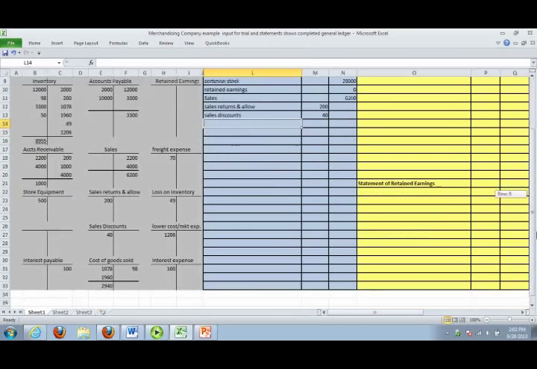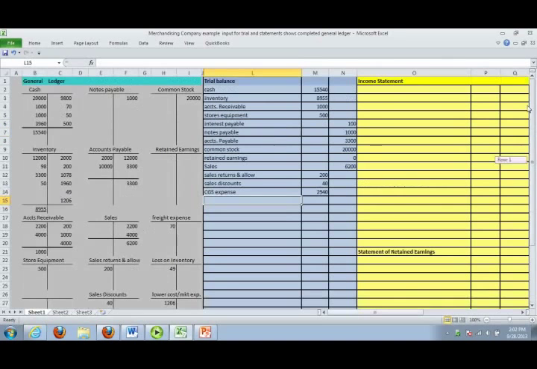Okay, so we've got revenue and contra revenues. Now we're down to expenses. So cost of goods sold. I'm going to put CGS since I can't type. Expenses usually have debit balances. So there's the cost of goods sold. And we have not too many left. Freight expense, loss on inventory,